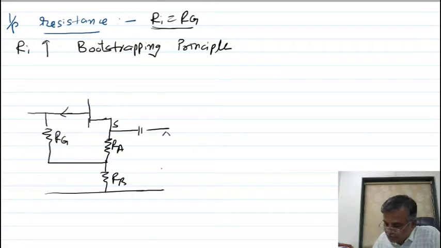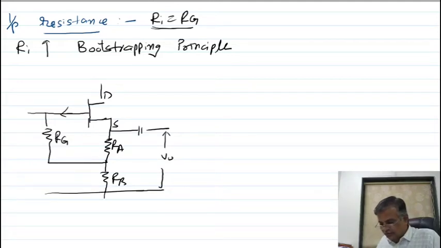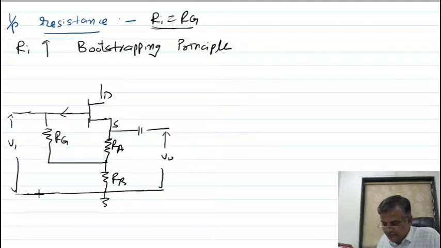This is the source, this is your drain, this is the output. You already know the fraction of the output, as discussed. This is your Vi. This is an example of current and feedback, so some of the output is given to the input. Okay, the input you have given. As a result, the effective input